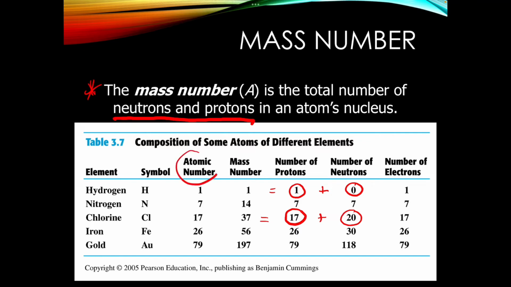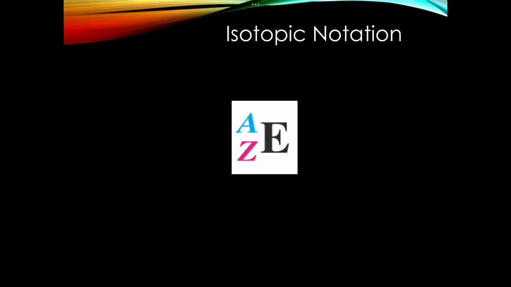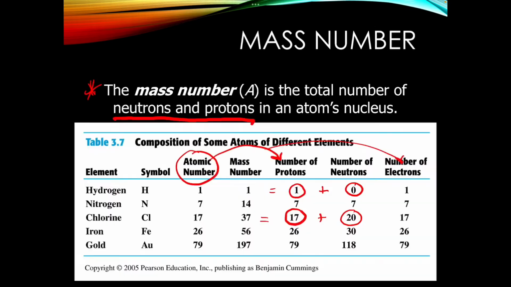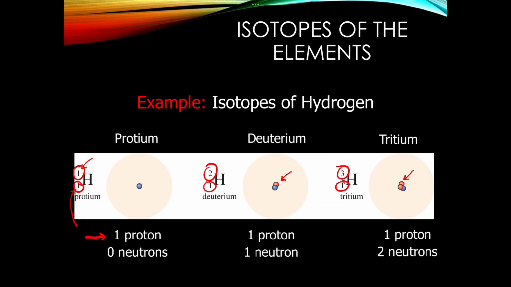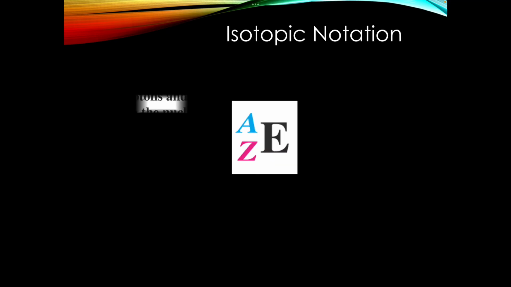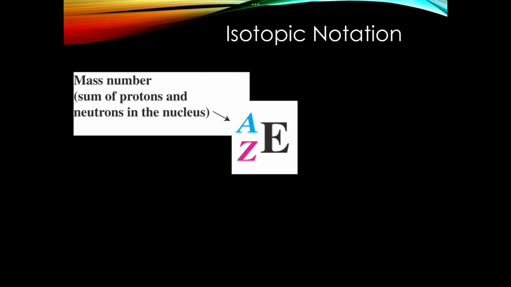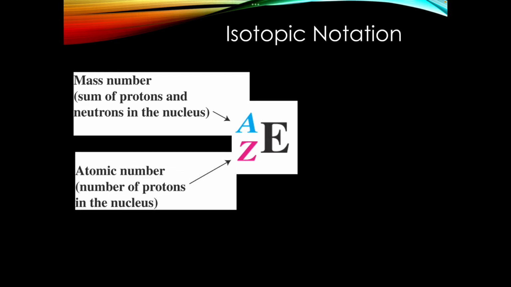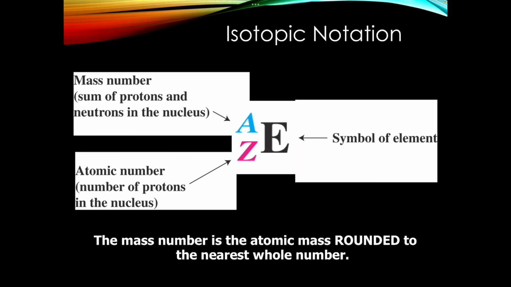Okay? Don't get that confused with atomic number, which was telling us the number of protons and the number of electrons. Lots of different numbers happening here. All right, so I want to talk a little bit about this isotopic notation, where I was telling you that mass was on the top. So the number on the top is the mass number. Remember, that's the total number of protons and neutrons in the nucleus. That will always be the larger number. The number on the bottom is the atomic number. That's the number of protons in the nucleus. Okay, and then over there, we have the symbol of our element.